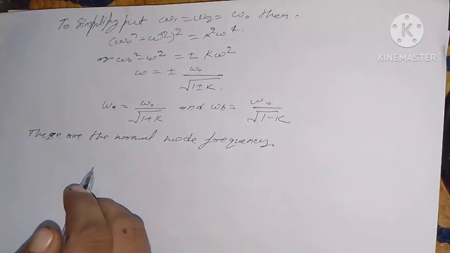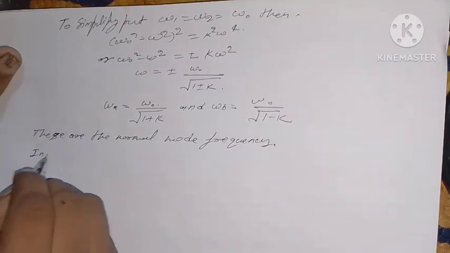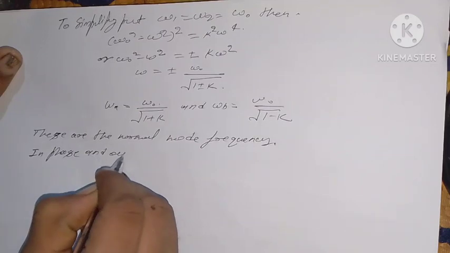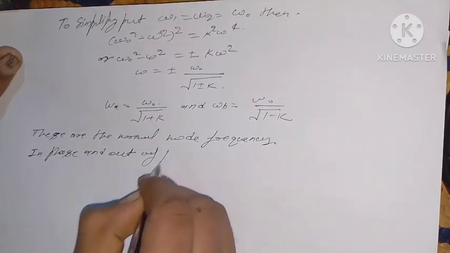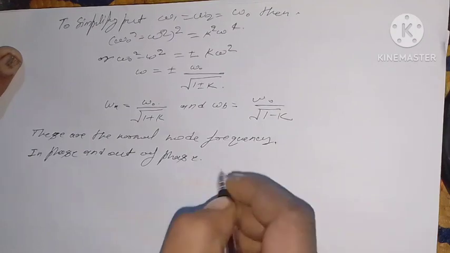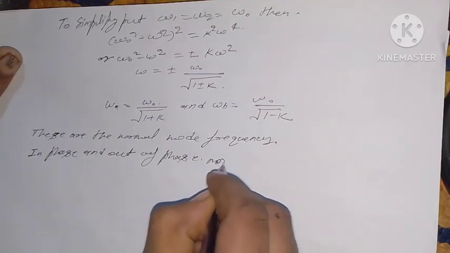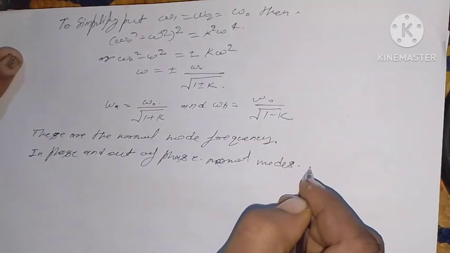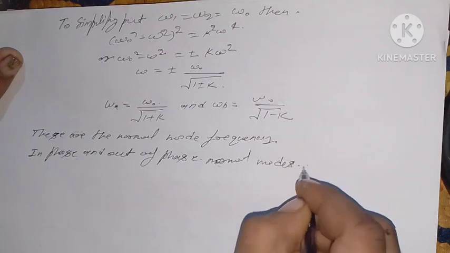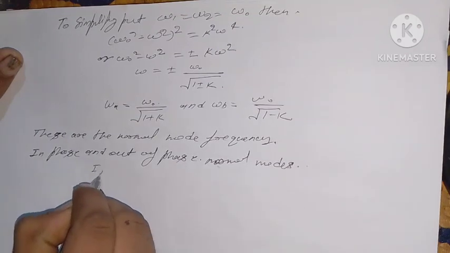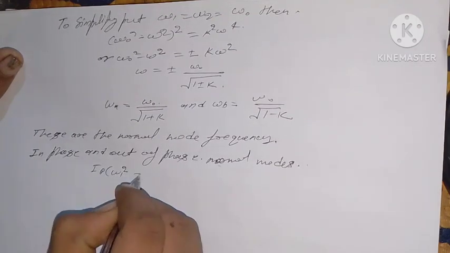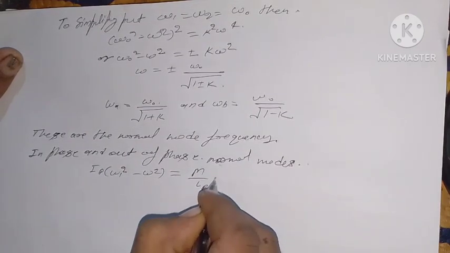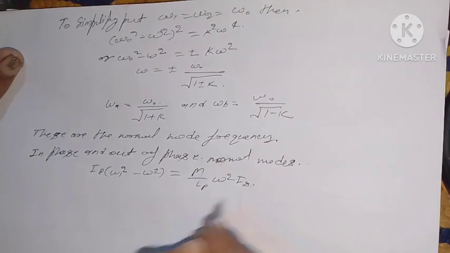In phase and out of phase normal modes. From the relation IP (W1 square minus W square) equal to M by LP W square IS,